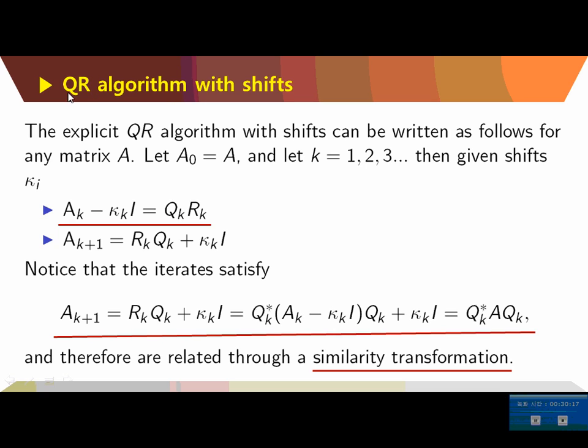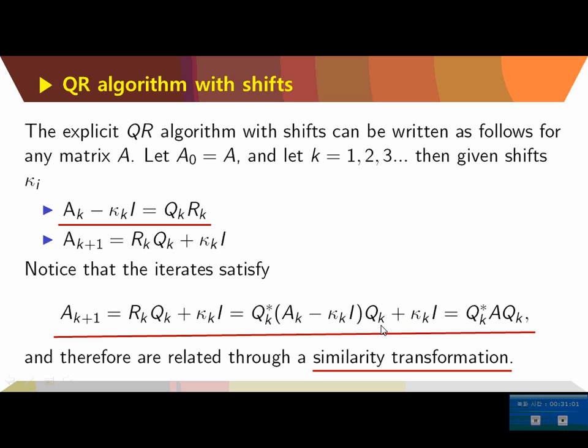So eigenvalues are very easy to find from there. And also, the next one is the QR algorithm with shift. The explicit QR algorithm with shift can be written as follows for any matrix. For example, A_k minus mu_k I is equal to Q_k R_k, and so we can find a similar matrix by just shifting a little bit. From here we can write this one in this way, and this one in this way. So subtract and add like this, and then